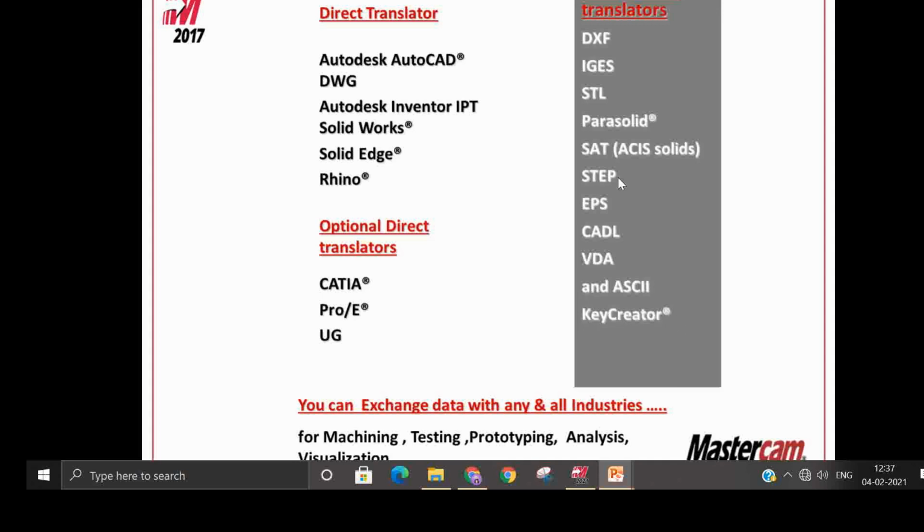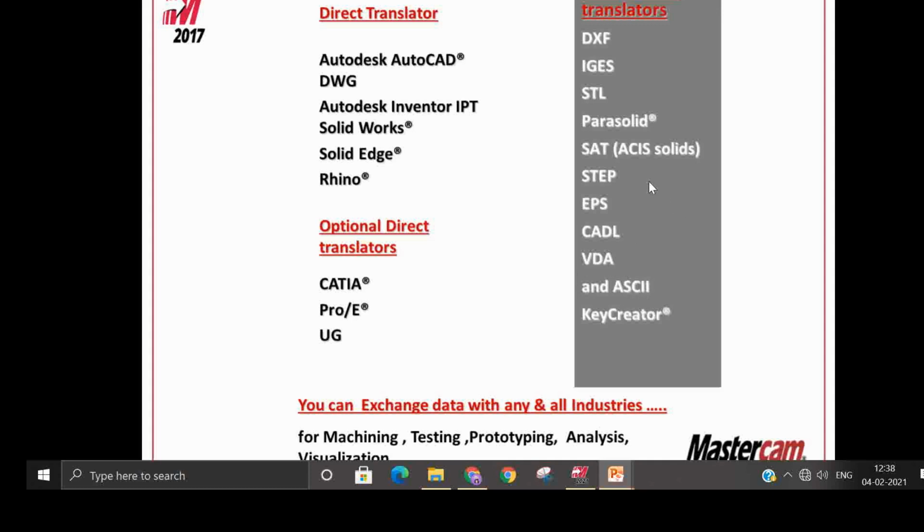So we come to know that for wireframe, DXF; for surfaces, IGS; for facet surface, STL format; and for solid model, parasolid or step. Suppose you have point data, so either you can bring it by ASCII or VDA, but VDA comes from something like Verband, automobile, something. Just check it on the internet. Okay, so next is the ASCII. This is commonly used to bring all point data inside Mastercam.